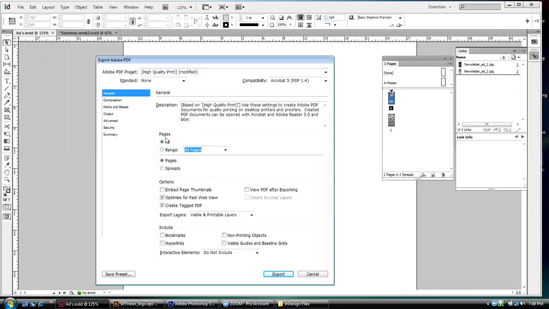There are pages here. Remember I told you I have 2 pages? Okay. If I don't do something right here, what's going to happen is it's going to print all of my pages, or both of my pages, into one PDF. That is not what I want. You understand that? Okay. I want to change it to range,